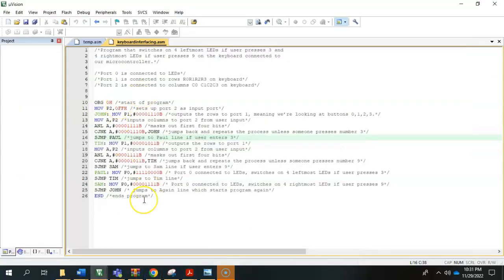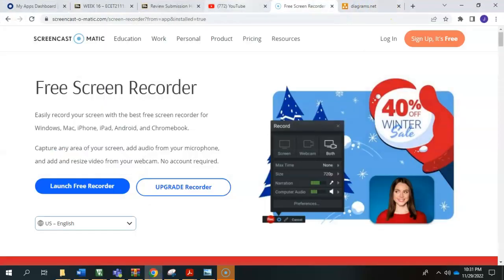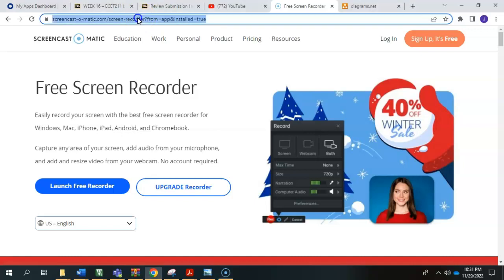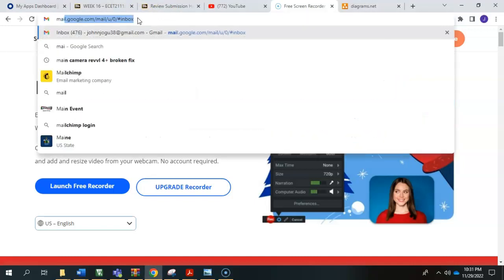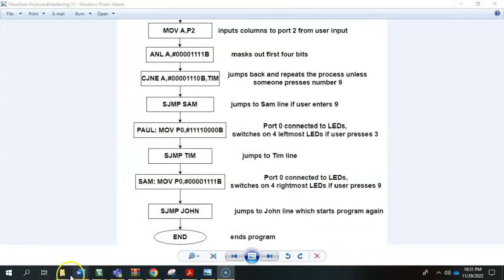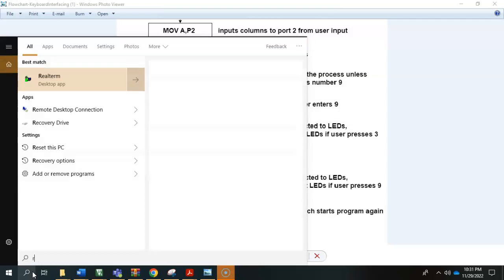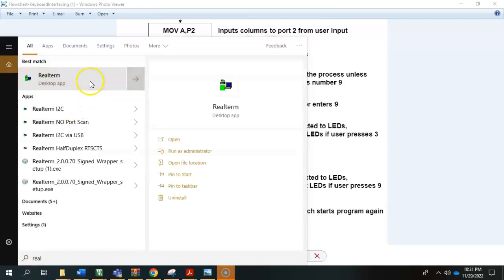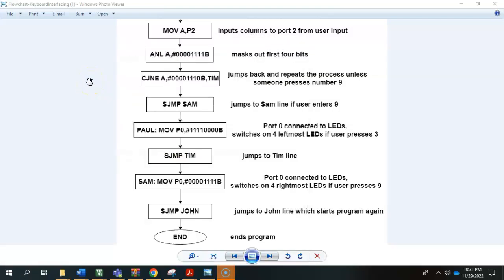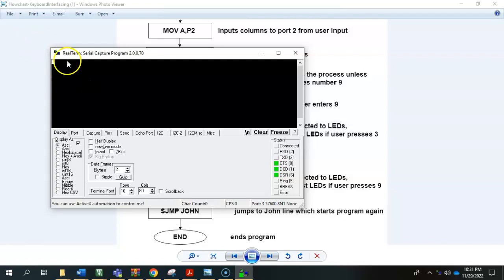So you connect your microcontroller onto your PC, and then you go to real-time. Let me open real-time. So straightforward. Once your 8051 is connected to the PC, you're going to hit enter, and there's going to be